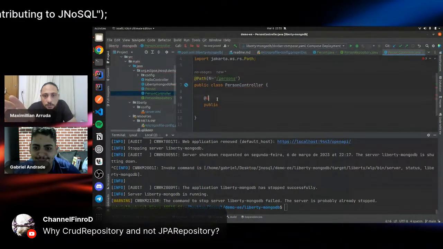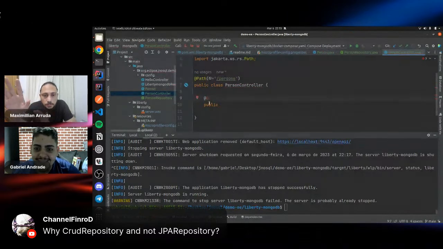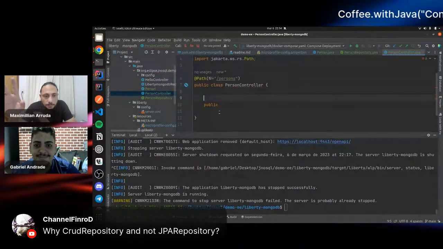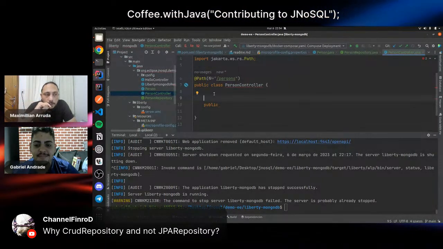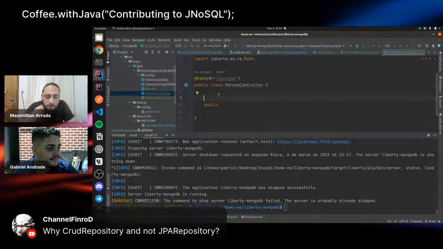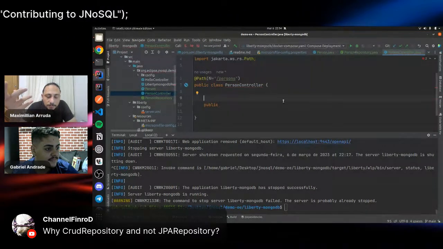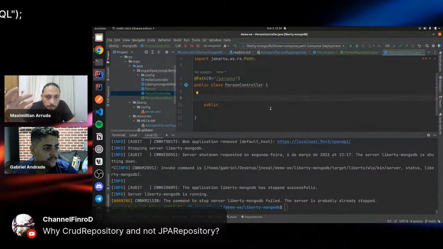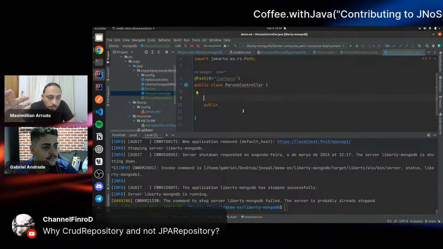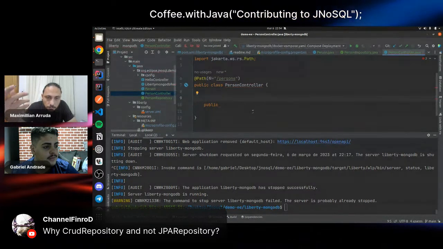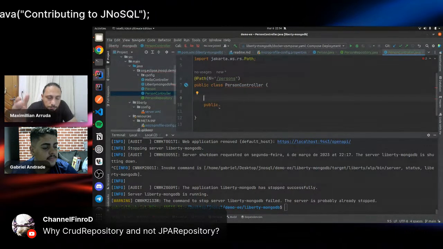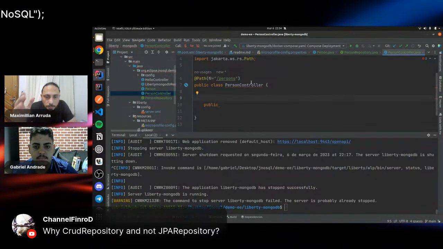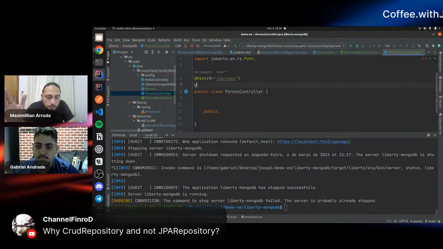Yes, because this controller will handle everything related to persons. Another thing I used to do is define which kind of media type my resource will support. After the path, I put another annotation called @Produces.